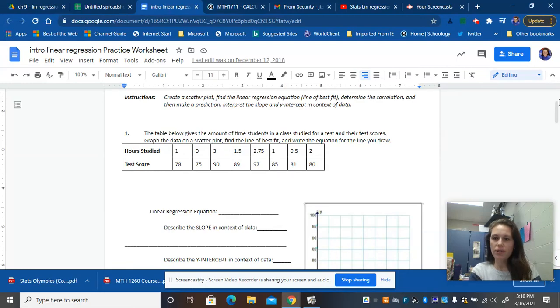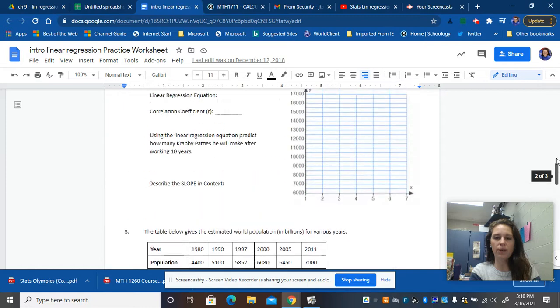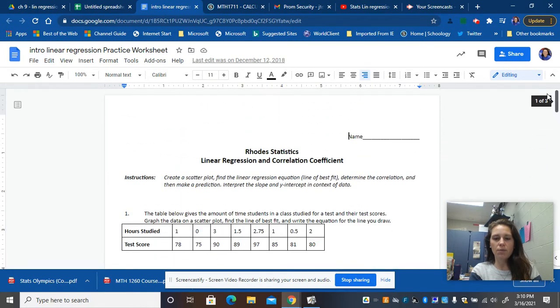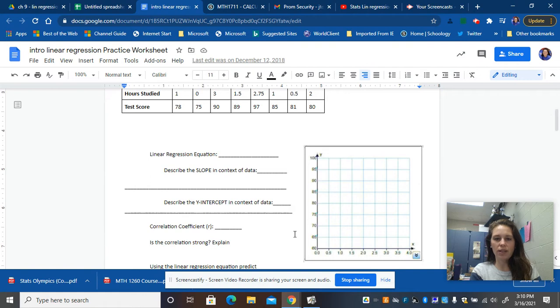Okay, so this is going to be Tuesday's assignment. You're going to go through this worksheet, and you can feel free to go ahead and sketch the scatter plot. You guys should know how to do that. Like if a student studied 1 hour and got a test score of 78, you can go ahead and mark that on this graph. But what I'm going to help show you how to do is find the linear regression,